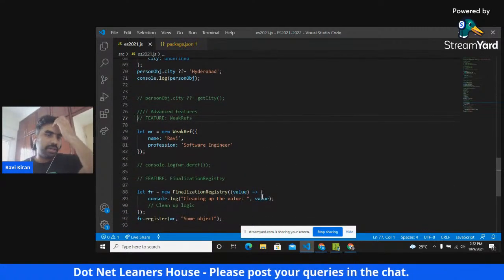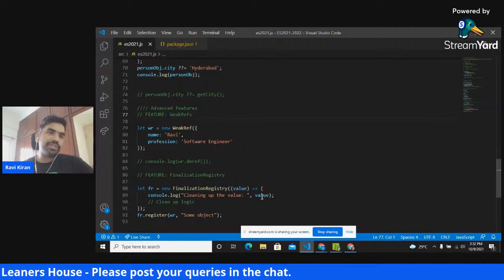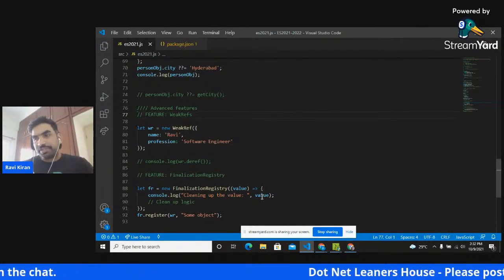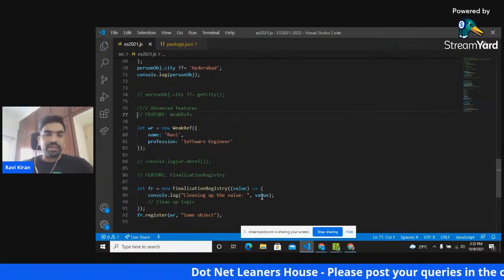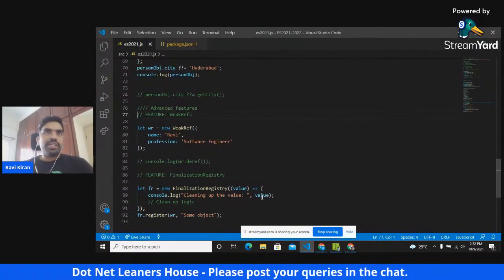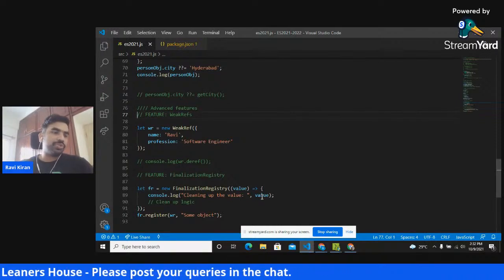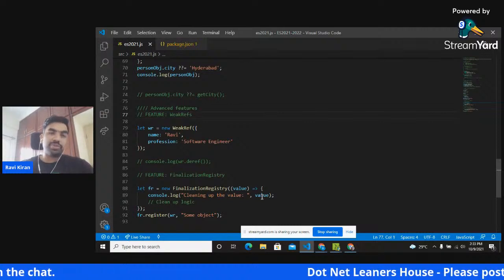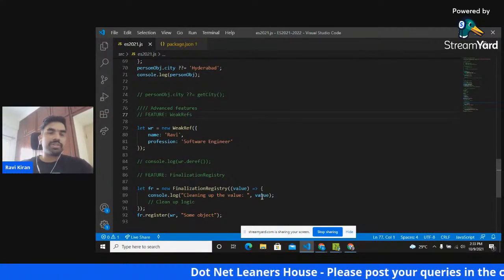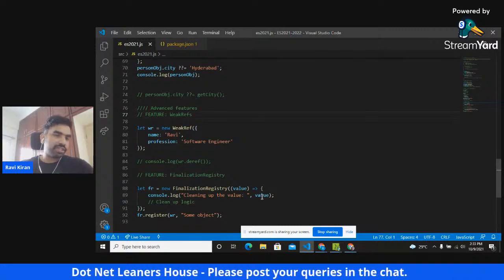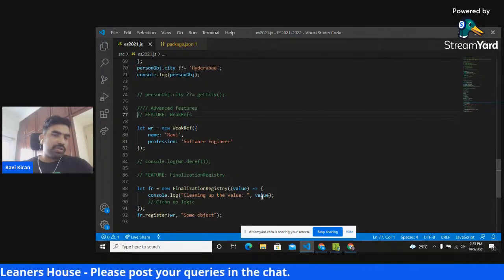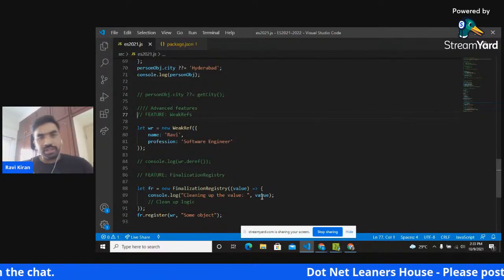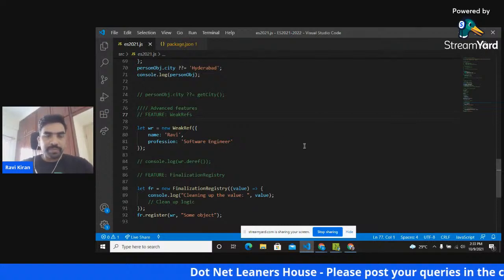And then there are two advanced features. These are used for garbage collection, and because we don't have to deal with garbage collection every single day, since it's a pretty low-level thing and it has to be done by the language, unless you are writing big platforms like Node.js, you don't have to actually worry about garbage collectors. So these features are very niche as far as use cases are concerned. Even though I have these examples over here, they fail to give you the full picture of these features. Anyways, let me just explain quickly.